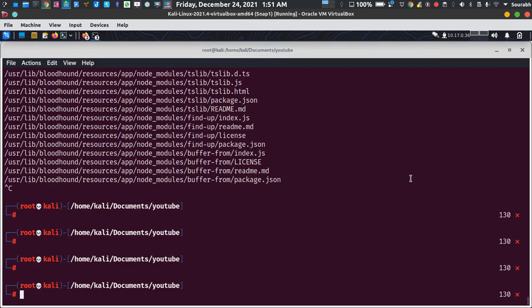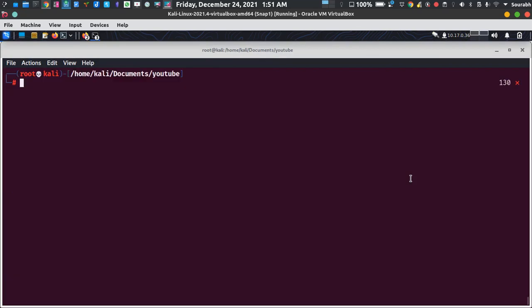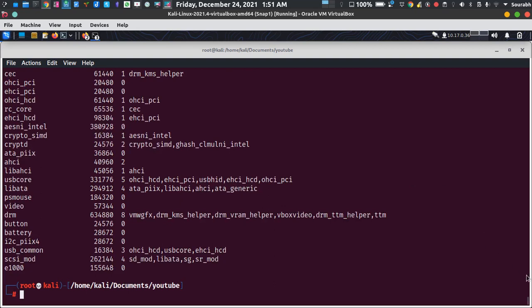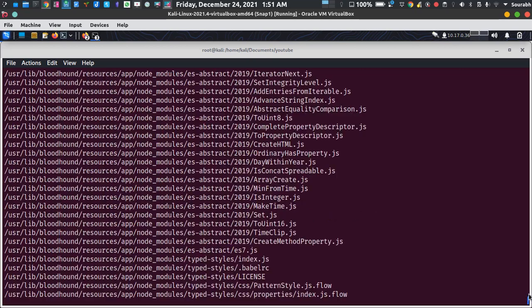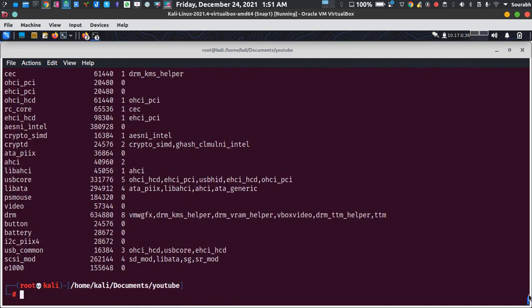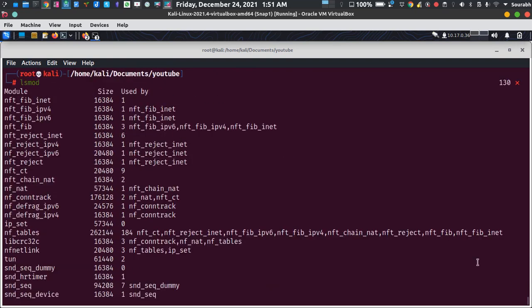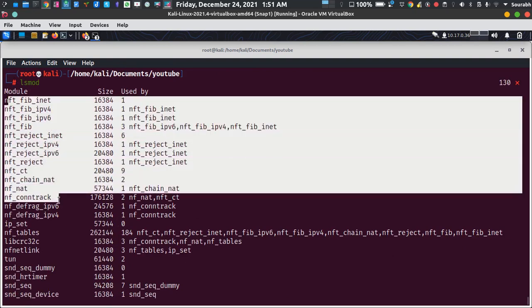Now there's an important thing about kernel and drivers. For knowing about the kernel and drivers in your Linux machine, you just type lsmod. It gives you all those drivers regarding sound, regarding video, and so on.